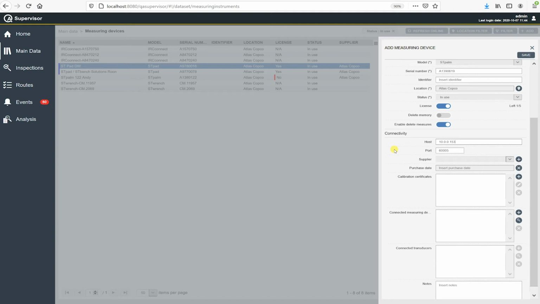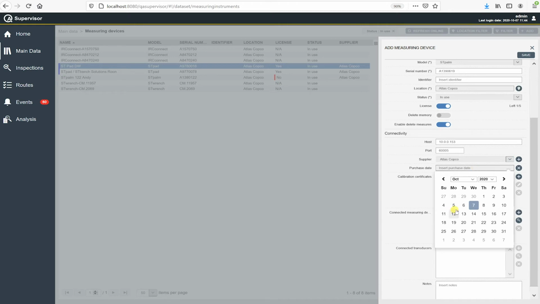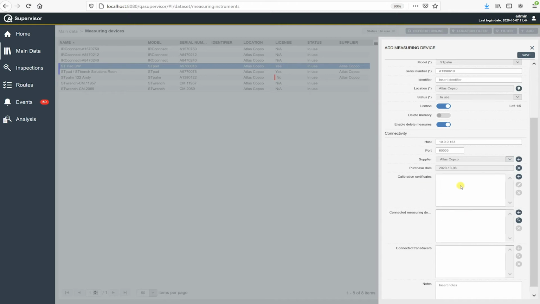That's default. And I'm going to select my supplier now. This will be Atlas Copco. And then my purchase date, if I just click on the field, it's going to open up a calendar and I can select what date I actually received this product and put it in use. And then underneath there we can attach calibration certificates if we needed to,